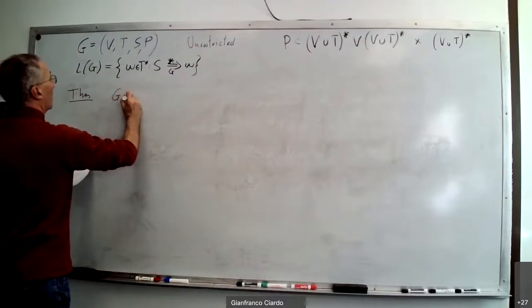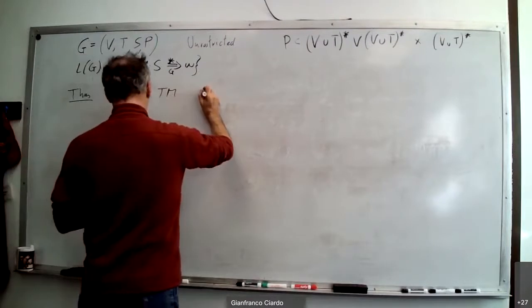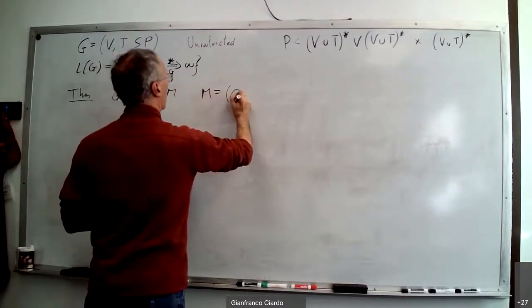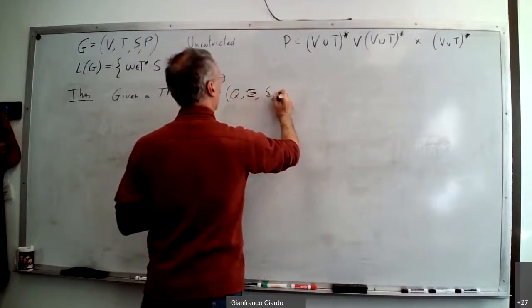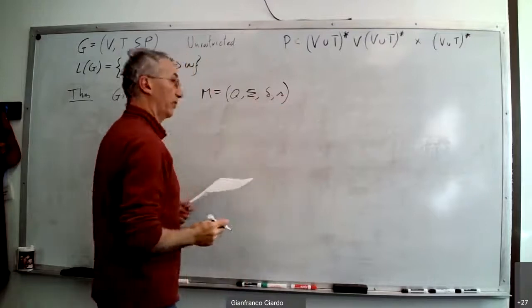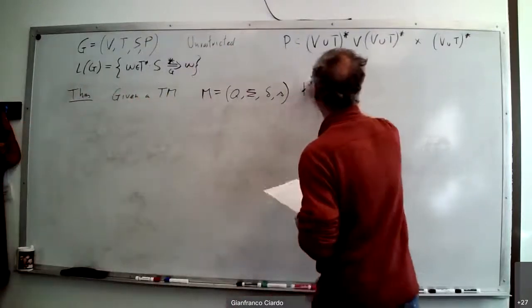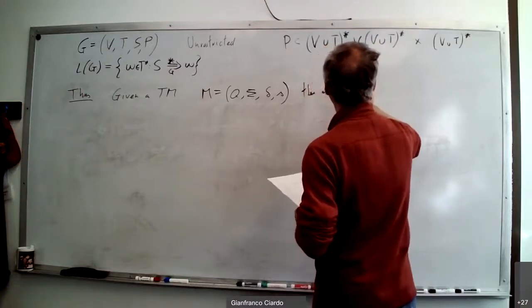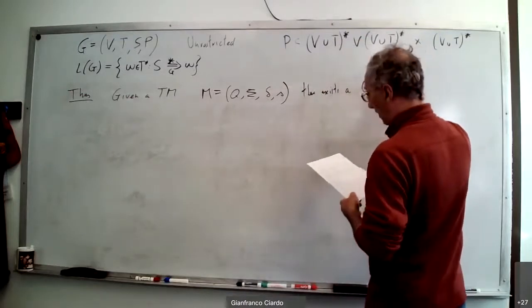So, given a Turing machine M equal Q, sigma, delta, little s. So if you give me an arbitrary Turing machine, there exists an unrestricted grammar G